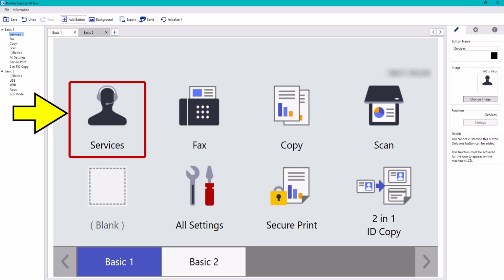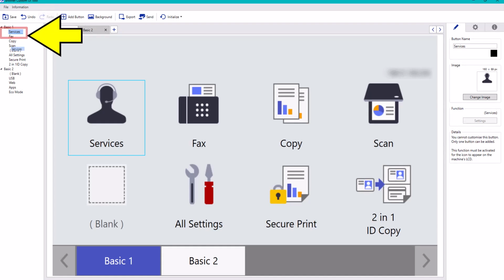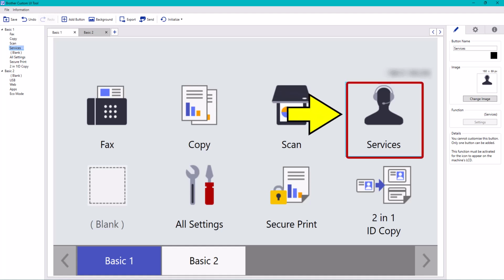To reposition this button or icon, select here, then drag to reposition. Now the additional icon is in the new position on the LCD screen.